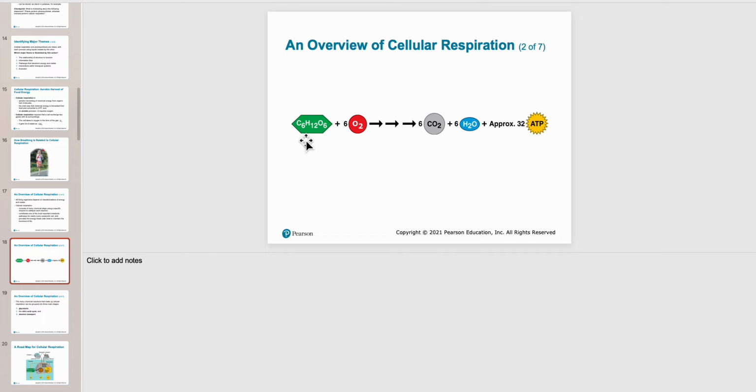Now, that carbon there is eventually going to become this carbon as part of carbon dioxide. So, are you saying that we're breaking this thing apart in a chemical way so that eventually the 6 carbons in here give us the 6 carbon dioxides that we see here? That's exactly what I'm saying. So eventually everything has to even out. So 6 carbons here eventually makes 6 carbons here, because we have 6 carbon dioxides for every 1 glucose